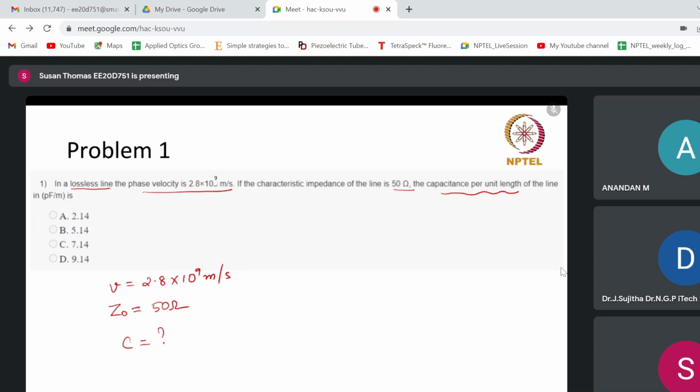So you are given with options. Can you try and see whether you get any of these four options? To help you with this, I think I need to give you the clue. V is equal to 1 by root LC, Z naught is equal to root of L by C. So we know both V and Z naught, but we don't know L and C. So if you multiply V and Z naught, what you will get? V into Z naught will give you 1 by C. V by Z naught will give you